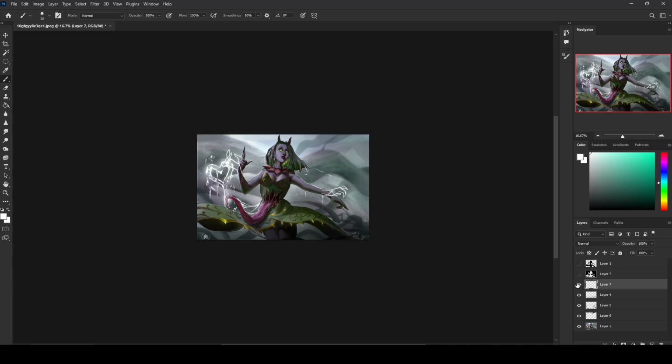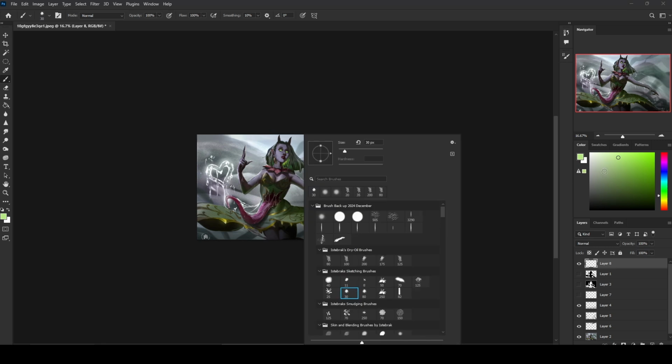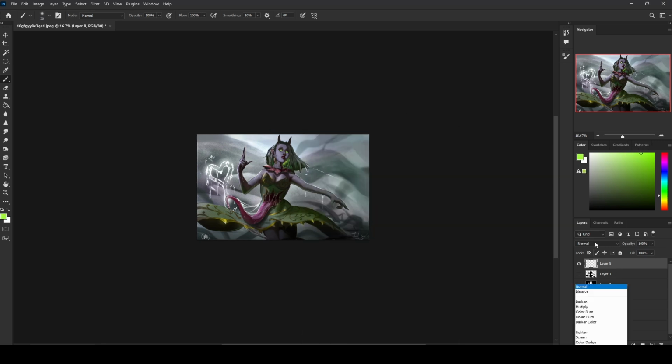And they don't seem like a sorceress's hands. They feel very, I'm not sure how to describe it. They feel very random. I'm going to get that spooky green again, and I'm going to go on color dodge